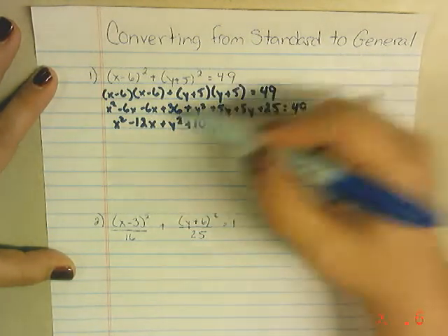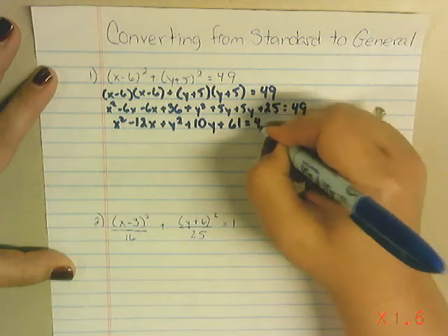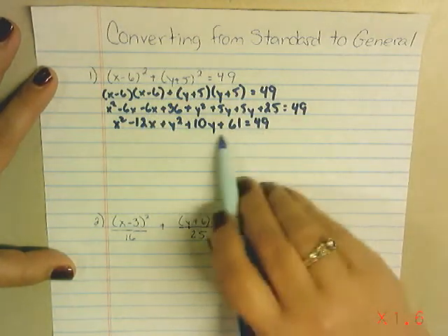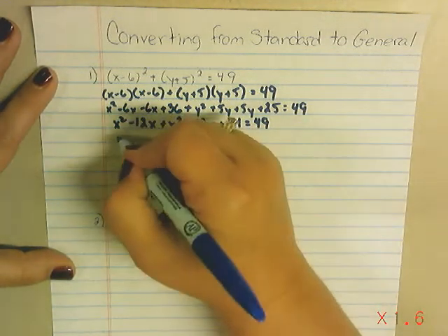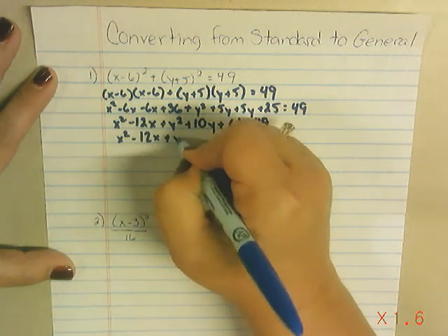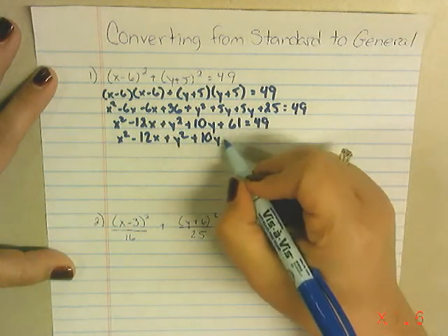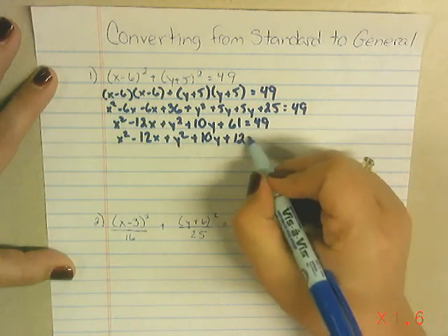plus 61. But I need to get these two together, so I'm going to move this 49 over here. So x squared minus 12x plus y squared plus 10y. Subtract my 49 from there, that gives me 12